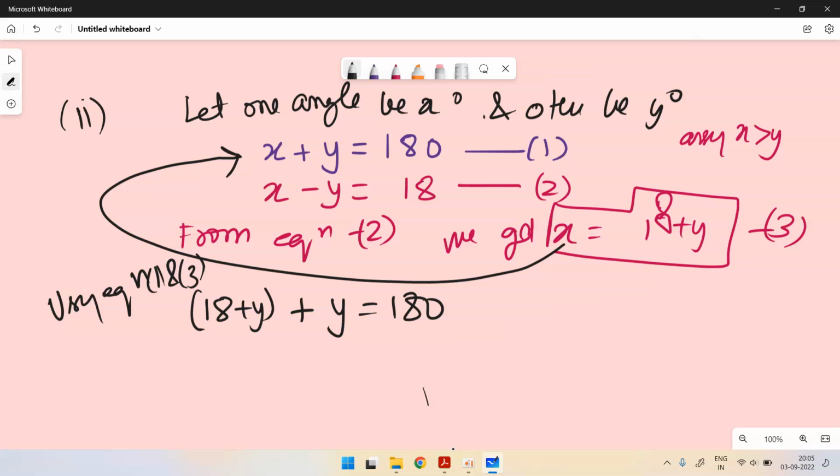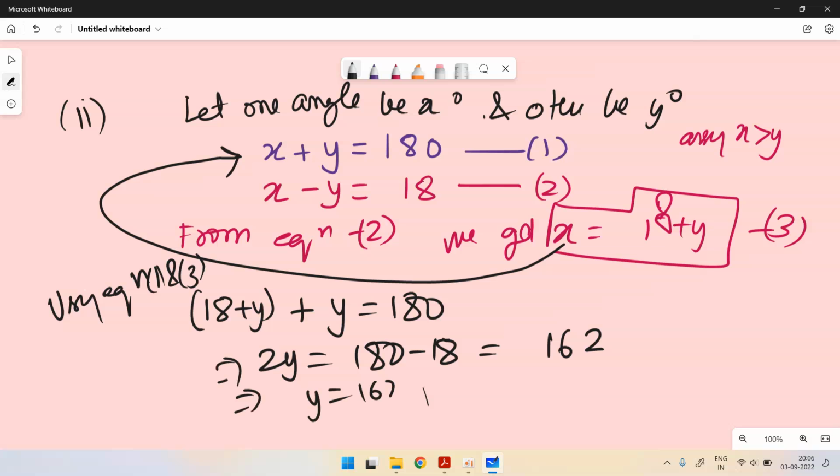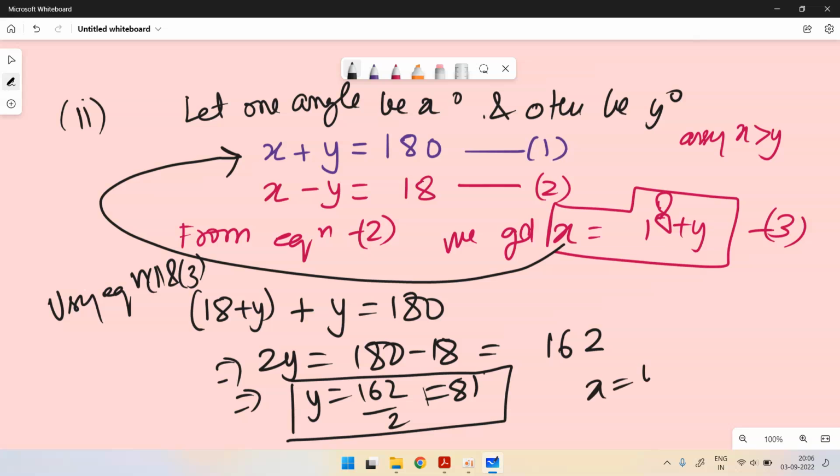So if you simplify, 2y equals 180 minus 18, which is 162, which implies that y is 162 by 2, which is 81 degrees. So what are the two angles? y is 81 and x equals y plus 18, which implies x equals 81 plus 18, which is 99. So the two angles are